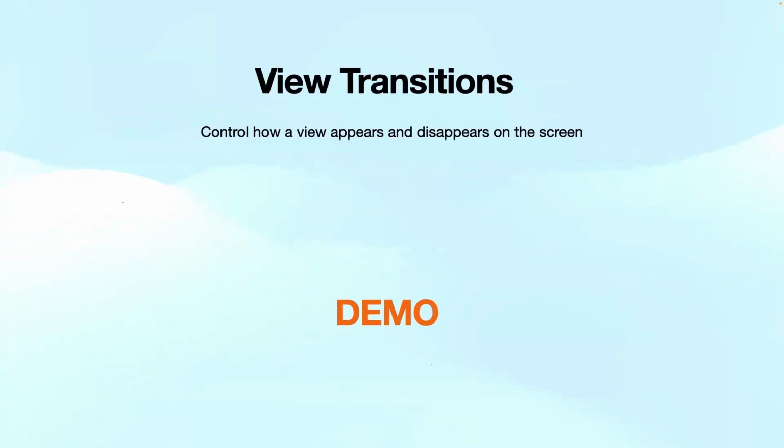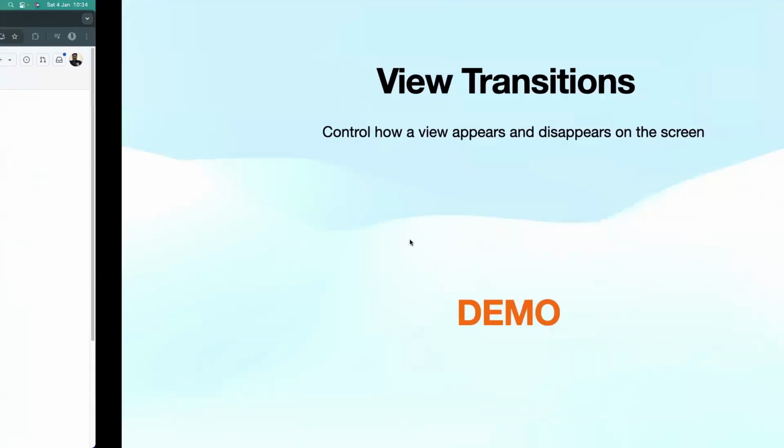Okay. Next up is view transitions. View transitions are nothing but a way to define how a view should appear or disappear from the screen. When a view appears, we can have control over how it appears on the screen. For example,